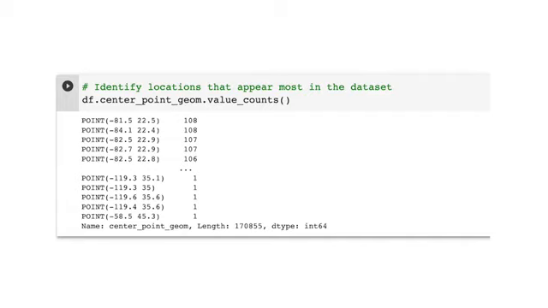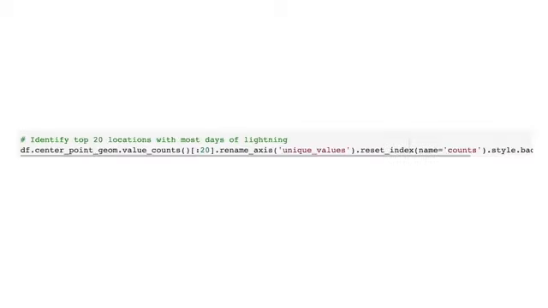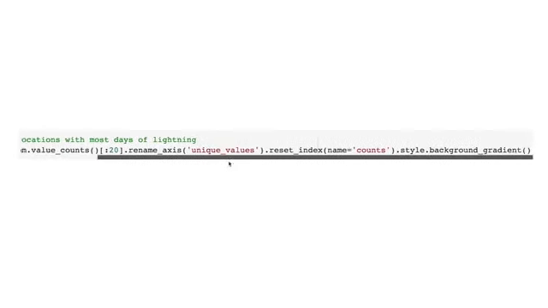We also want to learn if we have an even distribution of values, or whether 108 is a notably high value for lightning strikes in the US. To do this, copy the same value counts function, but input a :20 in the brackets so that you can see the first 20 lines. The rest of the coding here is to help present the data clearly.